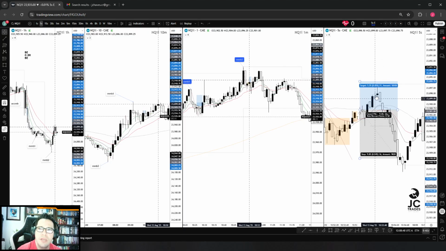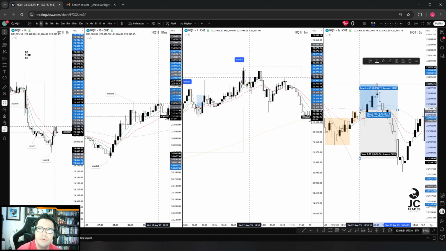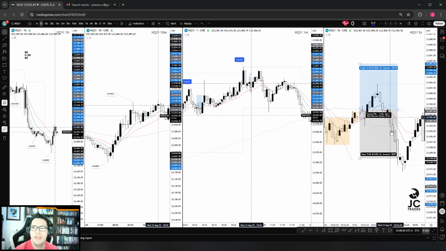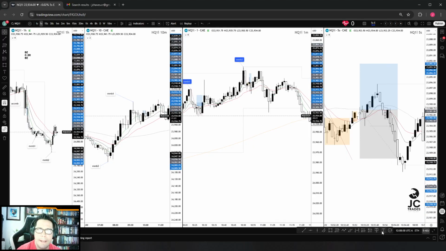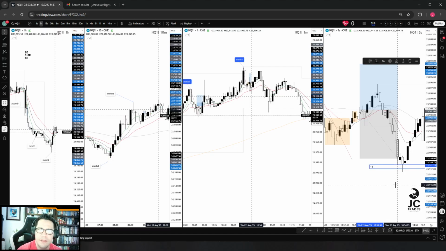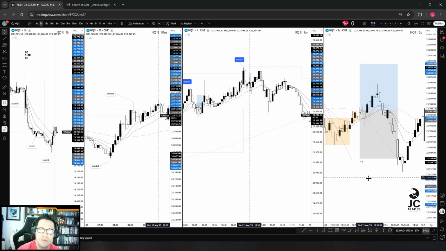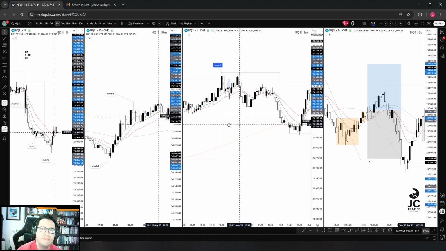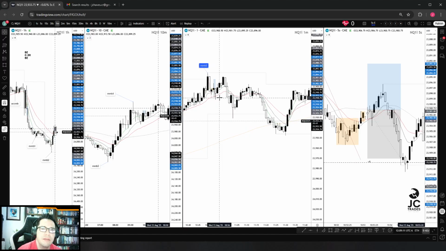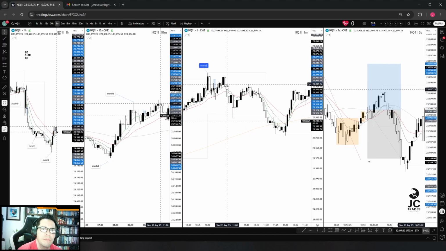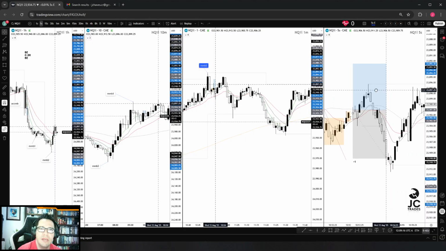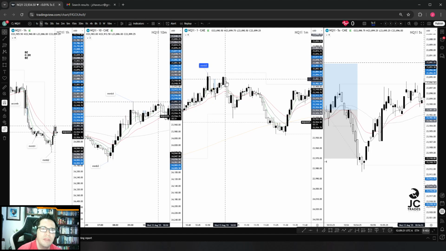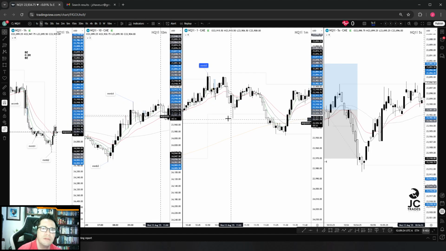And that one just came up here, up to 0.5R, came back to the entry point, and then directly into a loss for a -1. And then after that, we had price moving to the downside again, wasn't able to validate MMB2, and then from there it just came under the EMAs,